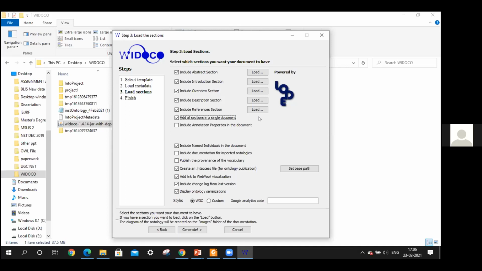Let it go like this, and you will find empty sections for all of them: introduction, overview, descriptions, references. But then you know it's an HTML page. This tool will create multiple pages, and we will show you that you just go inside that page and copy paste whatever content you want.